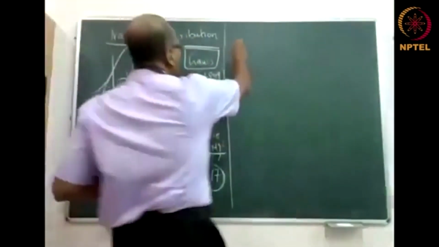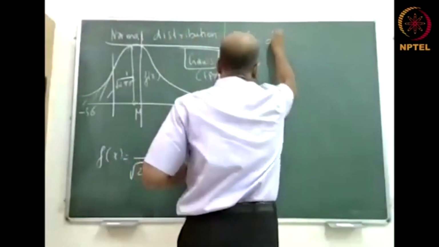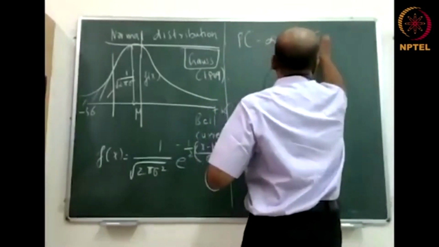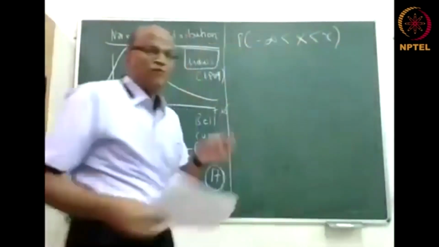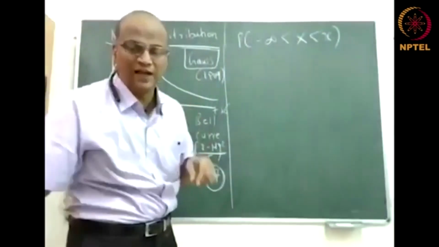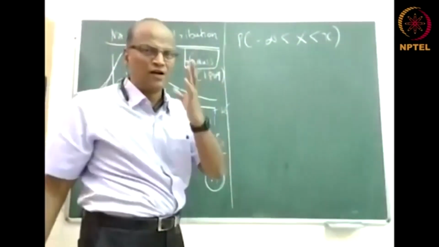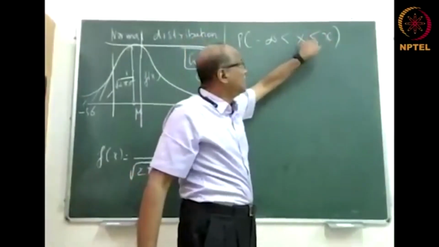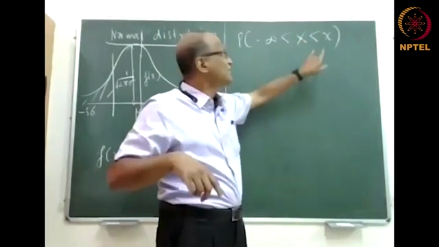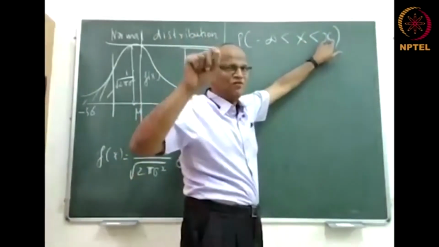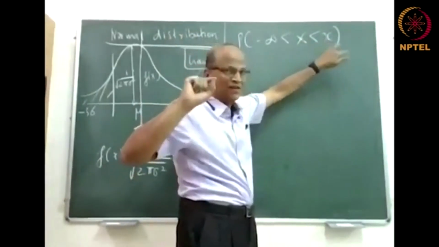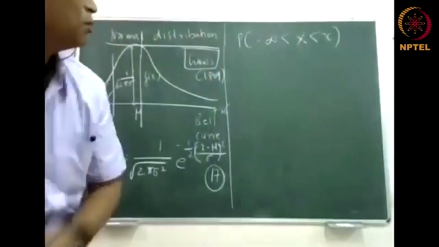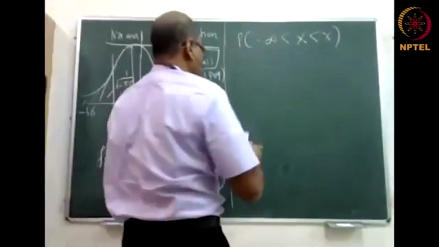The probability is given by, x is the random variable. X is the random variable and x is the value it takes. My statement is very loaded. X is the random variable and x is the limit value it takes. The random variable is capital X. The actual value, the limit where you're trying to find the probability, is the small x. Capital X is the general random variable. Okay. So the probability of minus infinity less than X less than x is given by